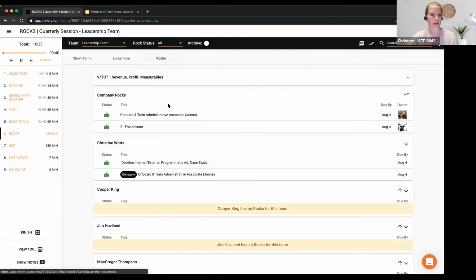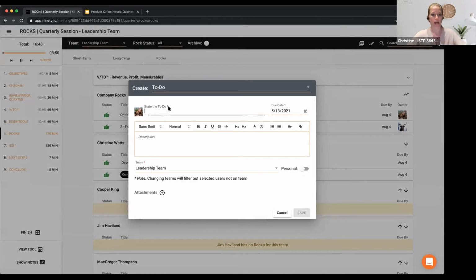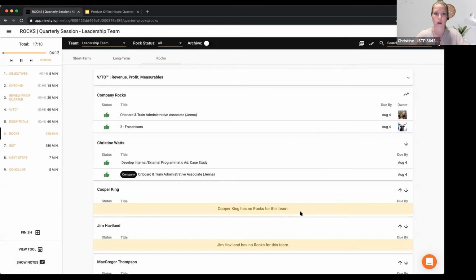We pop back over here. Does everybody have the right amount? Is anybody too overwhelmed? We all agree these are the rocks. And then we even go through and create a to-do. So everybody has a to-do: make rocks SMART and set up a meeting with whoever, probably the integrator if you're doing this at the leadership level, to have that checkpoint, or you can do it during one of your Level 10 meetings. Having that to-do to go through and make your rocks SMART if you haven't done that already, I can just assign it to everybody on the team really easily. Now we all have that to-do to make sure this happens in the next week.